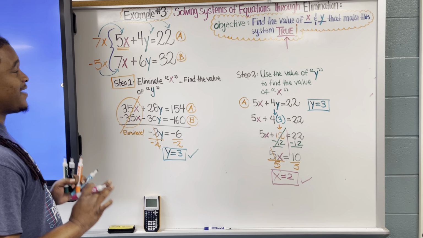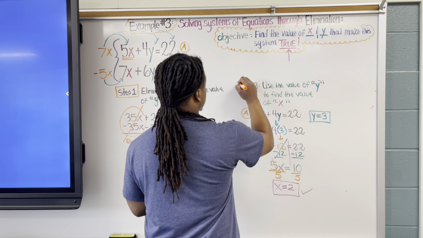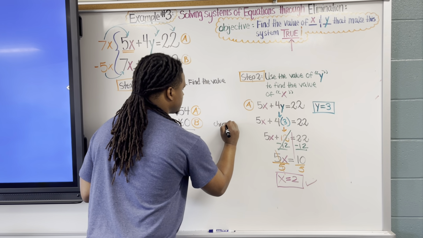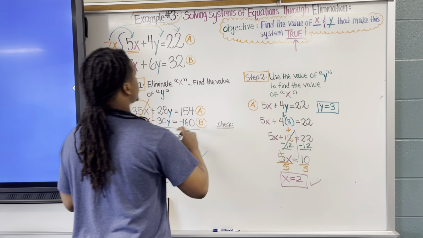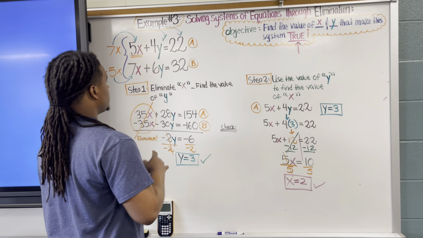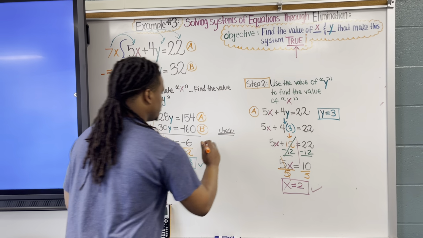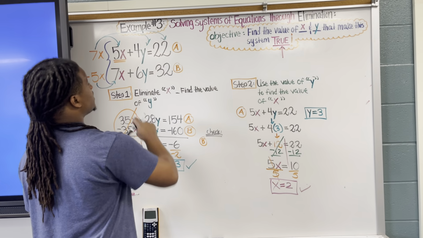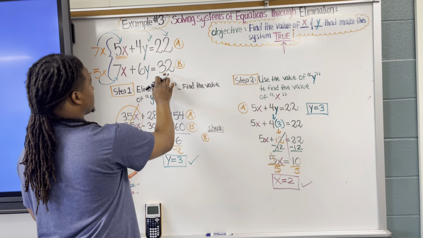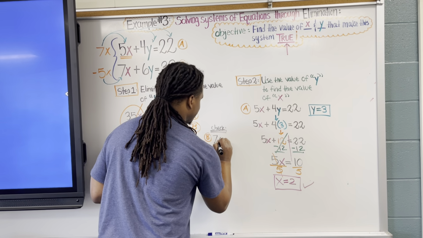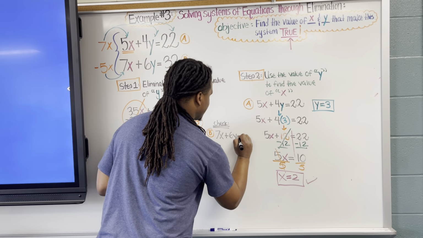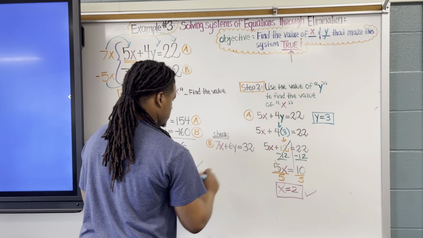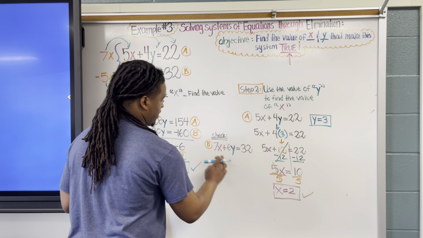Okay? So the last and final step, and you don't have to do this every time, but you should, just to make sure that your values are correct. What we're going to do is check to see if these values make this system of equations true. Okay? So since I used A last time, let's use B. We're going to plug both values into the equation that I titled B to see if once we plug in x and y, it really equals 32. Okay? So once again, I got 7x plus 6y equals 32. Once again, we're going to plug in the value of x